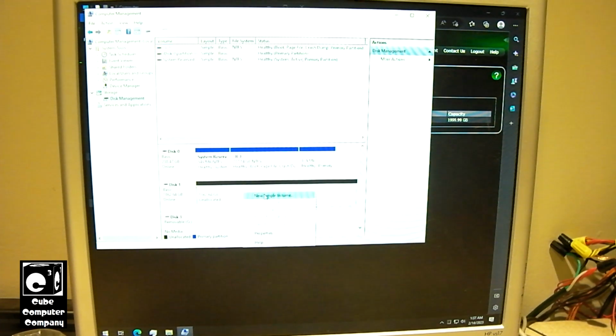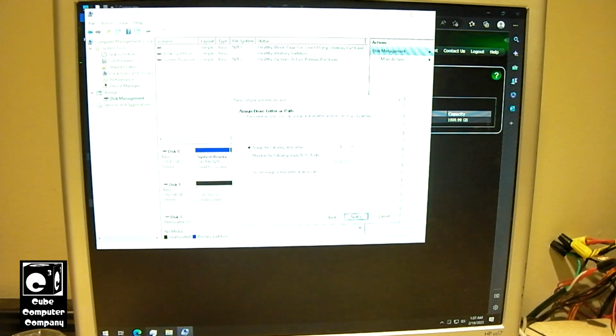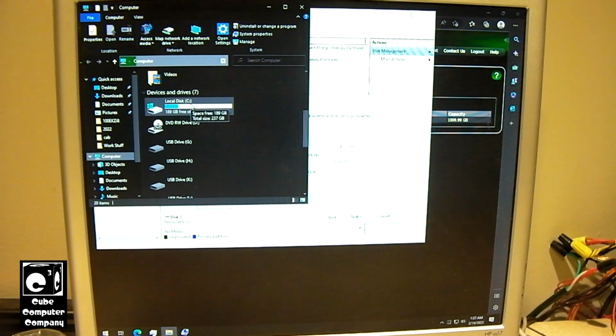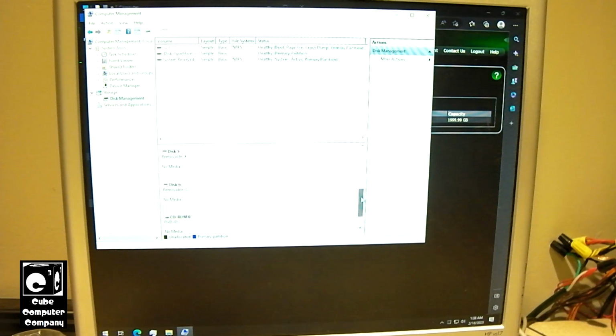Alright, so we're going to do a new simple volume. And we'll go with, let's see what our current drives are. C is our main hard drive. I'm going to change our DVD drive to drive E first. That way we can use drive D for our data. So all we gotta do is select it, right click, change drive letter or paths, select change. We'll change this to E. Select OK, click yes, and now